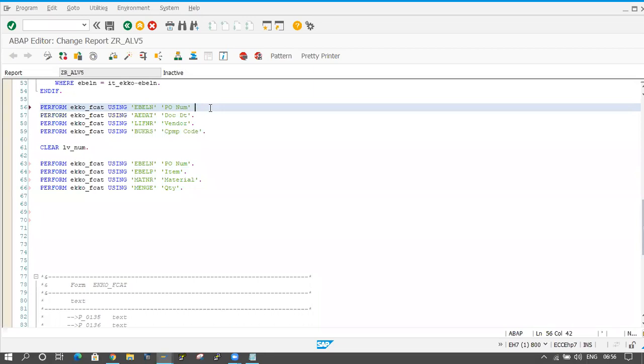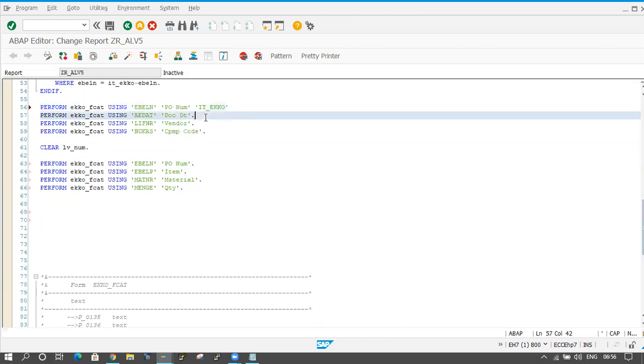Here I will take the internal table name also, ITEKKO. Okay, so this PO number, document date, vendor, and company code, all this information is displaying from ITEKKO.